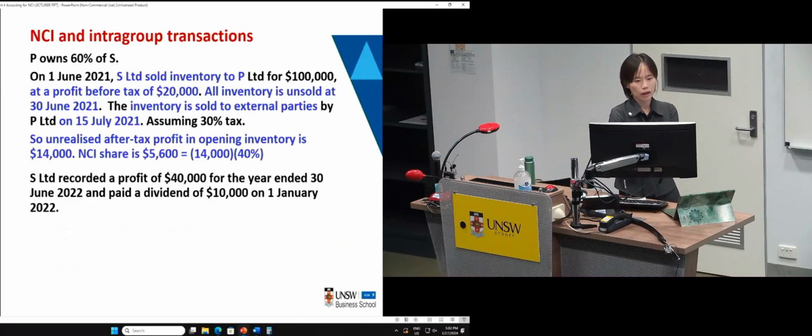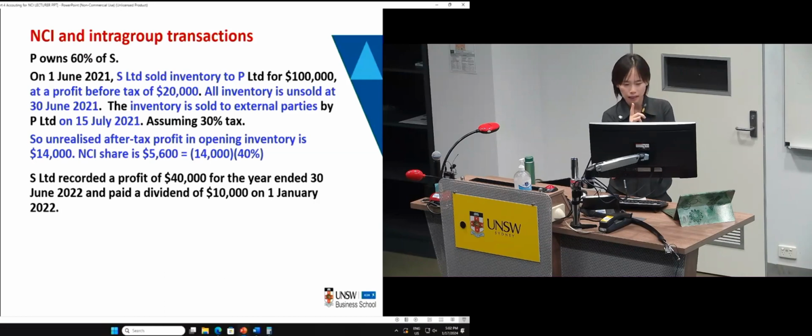Now we're going to have a look at the following example. The transaction date is very important because you first of all have to identify when this transaction took place. Is it a current year transaction or a prior year transaction? Assuming the current year ended on 30 June 22, is it a current year or prior year transaction? It's a prior year transaction, right? So it is in the previous year.